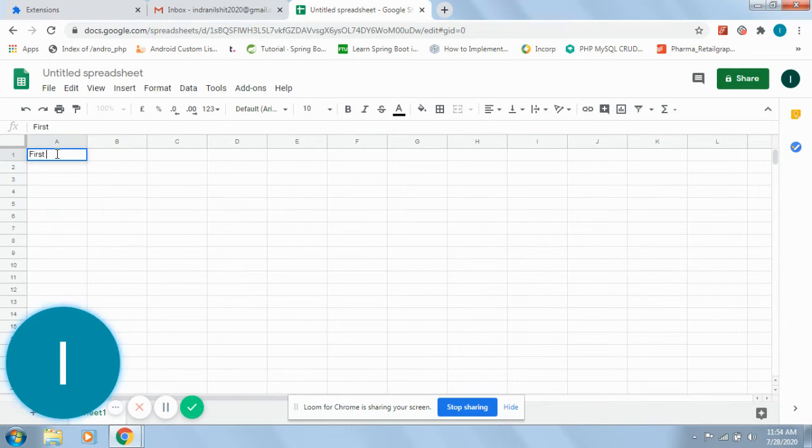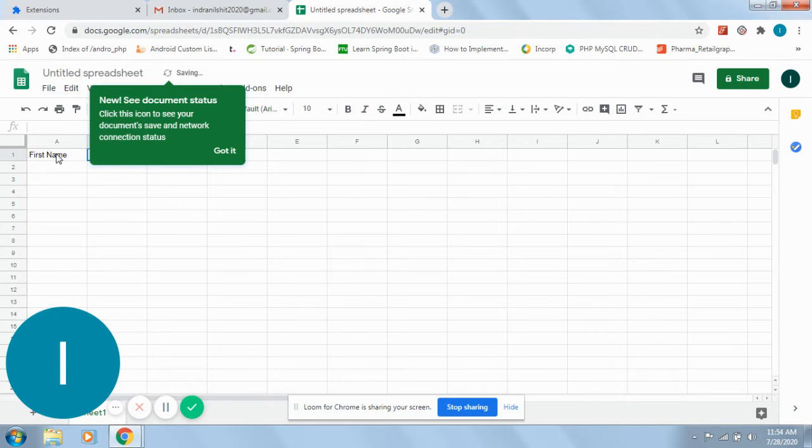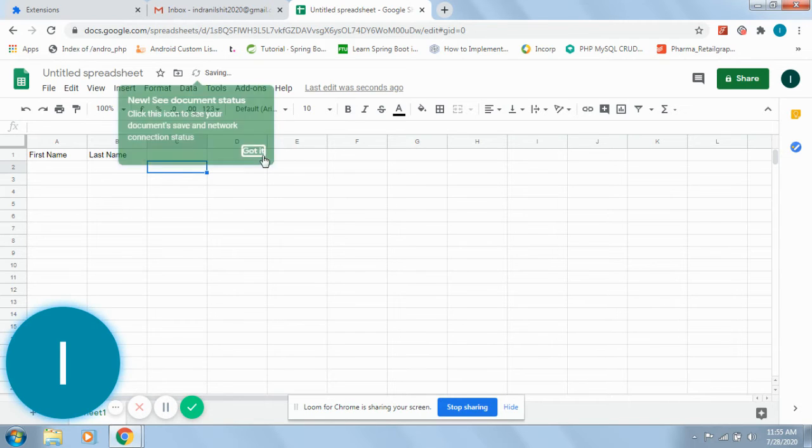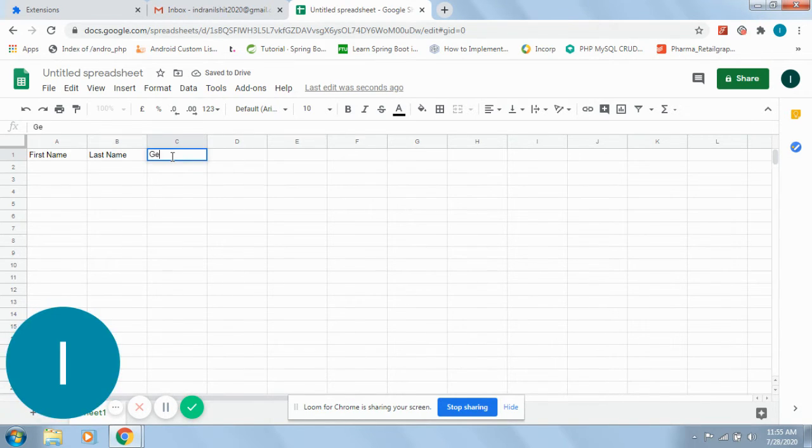We can see here first name, last name, anything, maybe your column names. Suppose we are using gender and address. I am taking first name here and it must have an email ID.